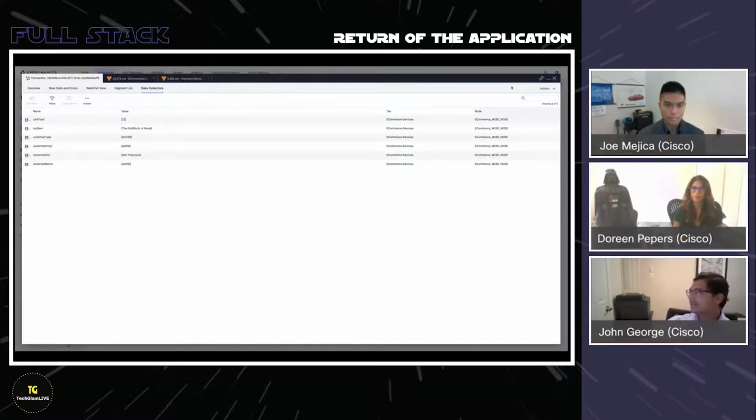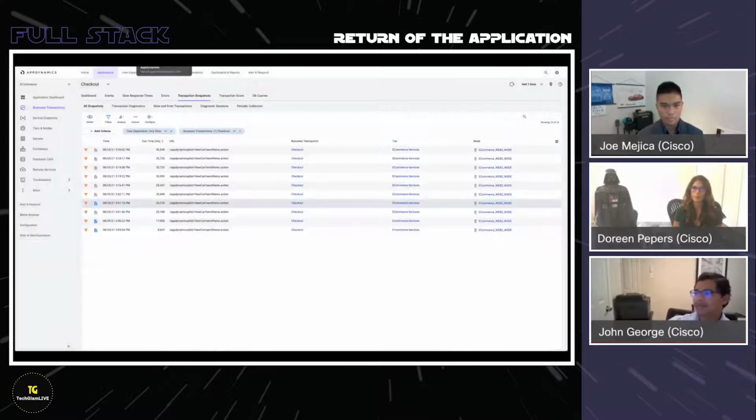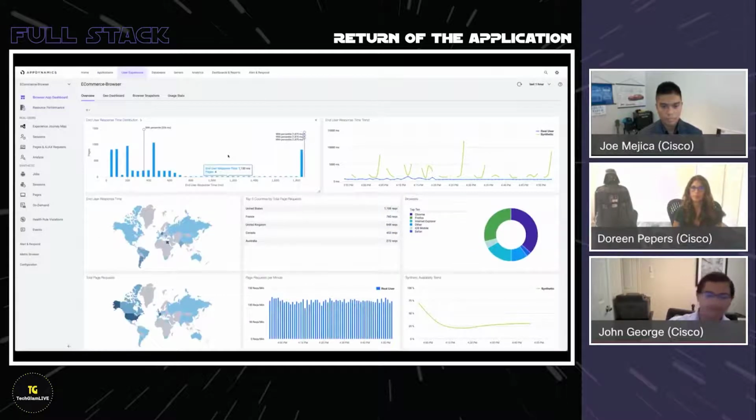Let me quickly show you the other end of the spectrum, like I mentioned, the end user experience. Now we know the application side of things. We understand where the bottlenecks are. We are able to figure that out. But what about the end user experience side? So on the end user experience, I'm able to